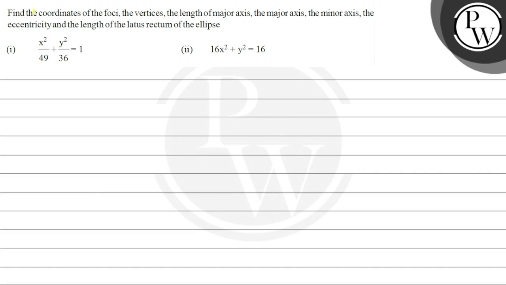So the question says find the coordinates of the foci, the vertices, the length of the major axis, the minor axis, the eccentricity and the length of the latus rectum of the ellipse given. So solving this question,